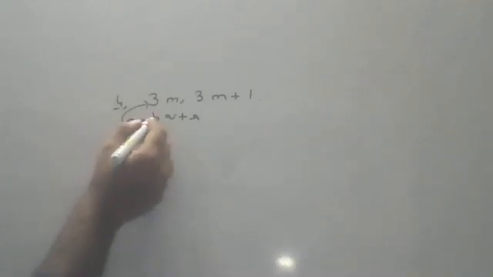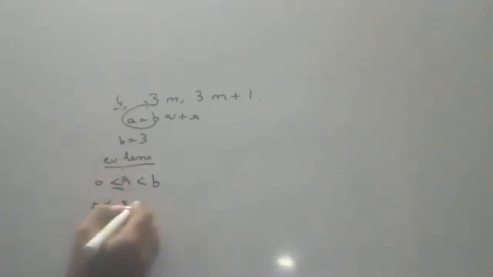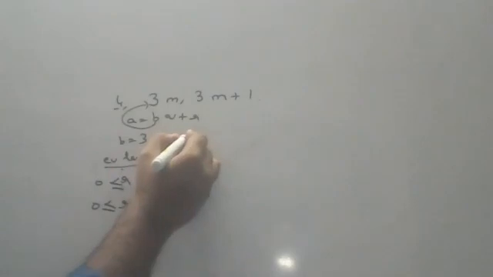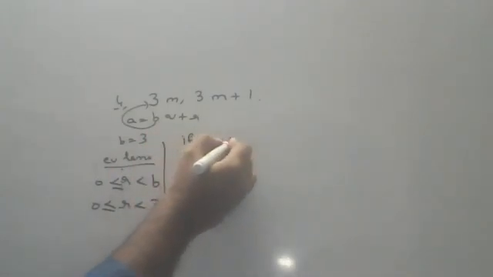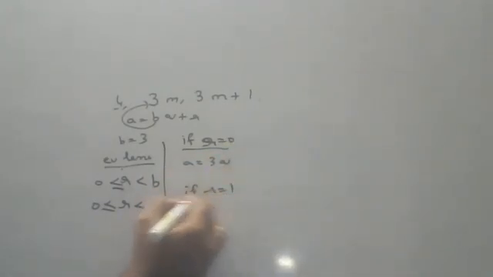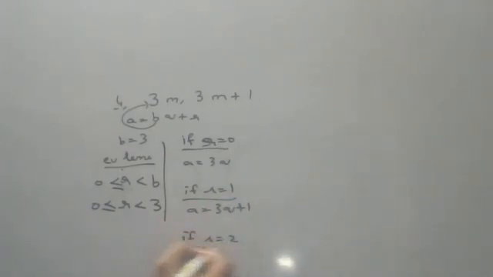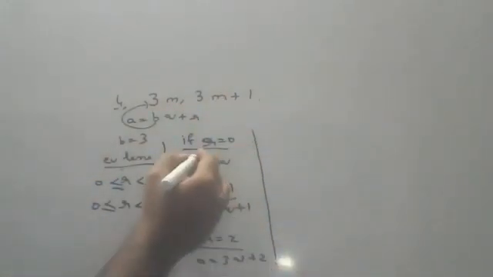So, b is 3. According to Euclid's lemma, the remainder lies between 0 and b. The remainder lies between 0 and 3. If r is equal to 0, what will we write, children? a is equal to 3q plus 0. If r is equal to 1, a is equal to 3q plus 1. If r is equal to 2, a is equal to 3q plus 2. Till now, the story was only here. But now the story begins, children, because in the question they asked you square. Means we should perform squaring. For whom should we do squaring here?